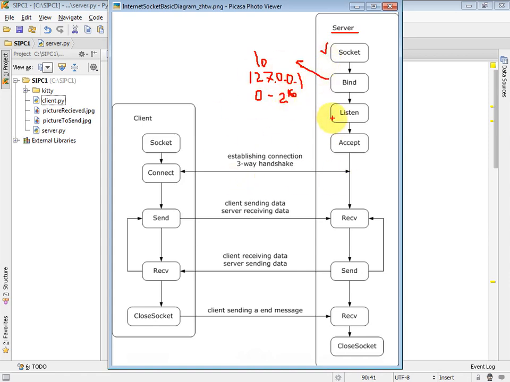When we bind this socket to this network interface and this address with a port associated, the server can start to listen and wait for a connection from the client. When it listens, it should also be ready to accept a connection. When it accepts a connection from the client, it is ready to receive or send some data,